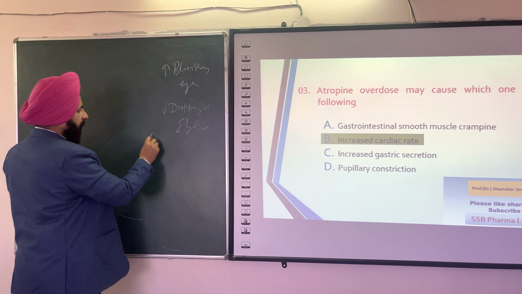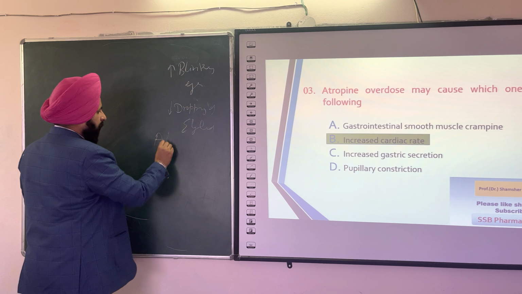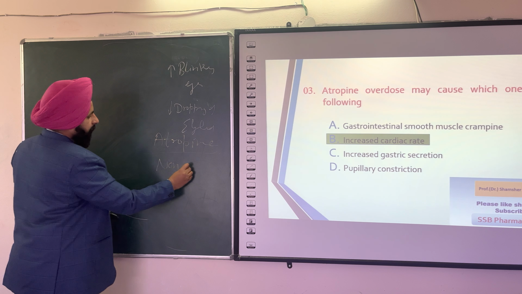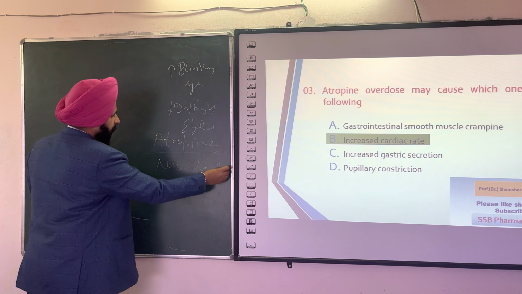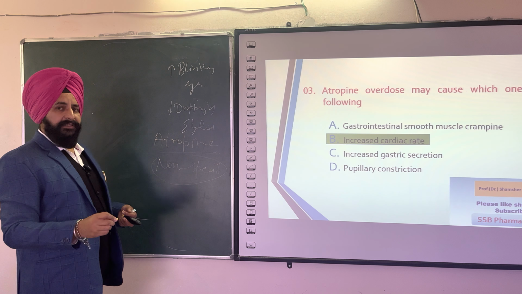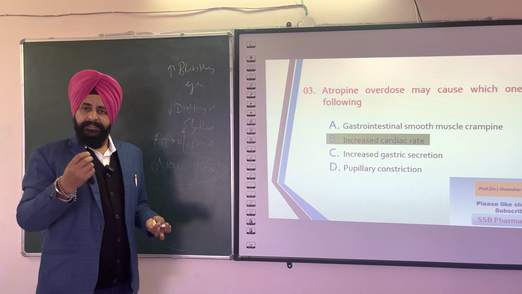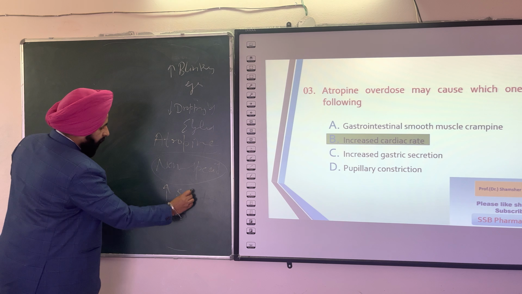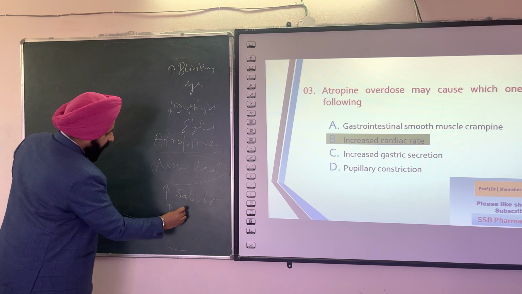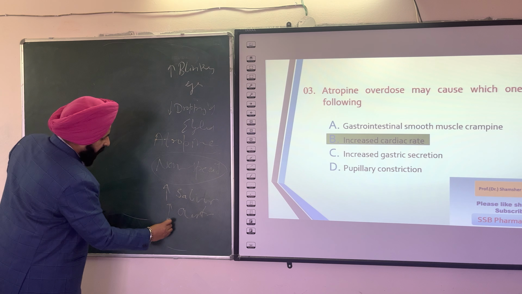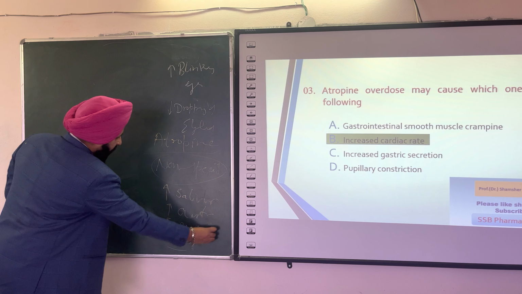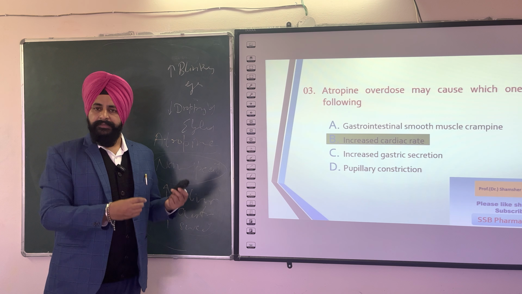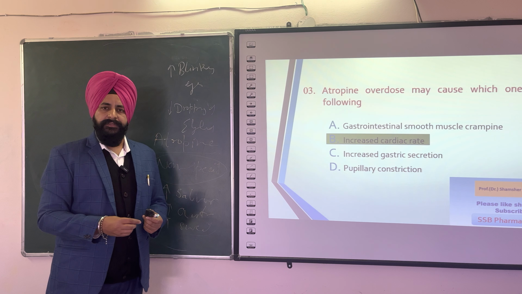So I will tell you one thing, that basically we prefer atropine in case of non-specific toxicity. Non-specific indicates whenever any person takes a poison where we do not have any antidote, but the poison increases the salivary secretion, gastric secretion, sweat secretion. In those cases where the symptoms are like this, doctors prefer to give atropine sulfate solution. This is available in the form of an injection.